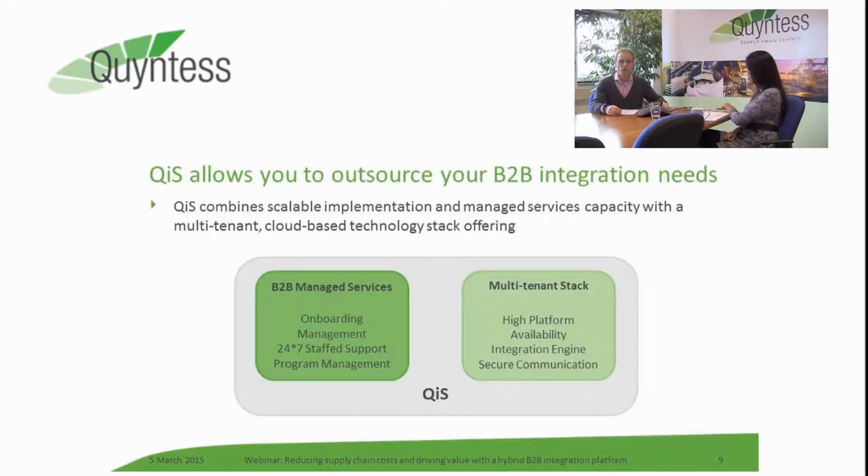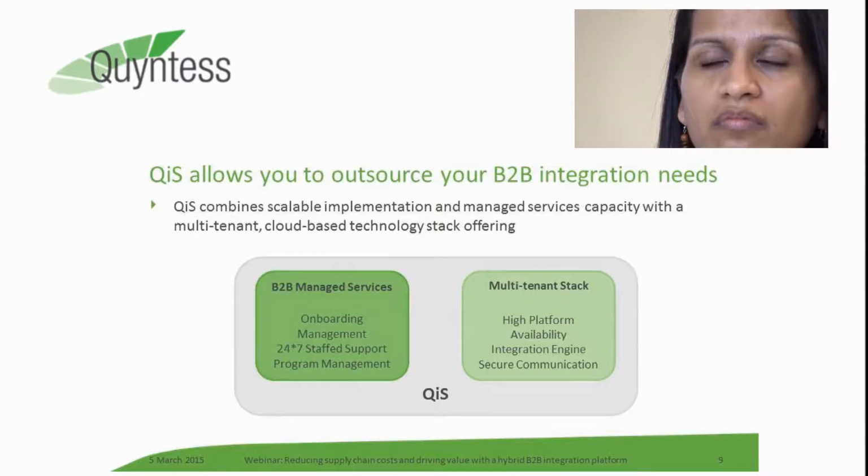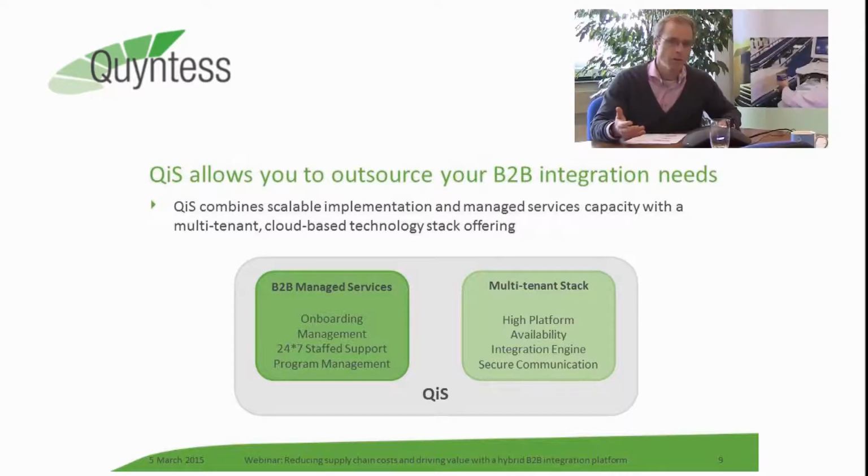platform for multiple customers. I call it multi-tenant because each tenant will, of course, have full security and will only have the information of his own network with his own partners, which is completely separated from an IT perspective from the network of the other parties. And we operate this in that respect as a private network, so to speak, on behalf of the customer. The second component, apart from the